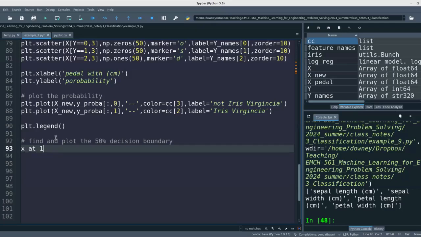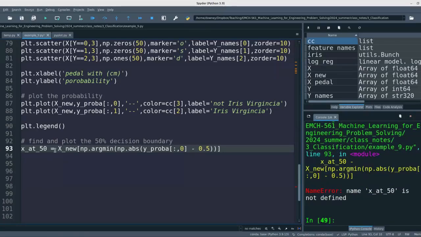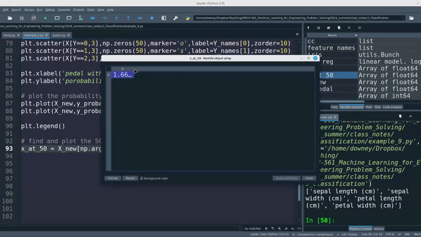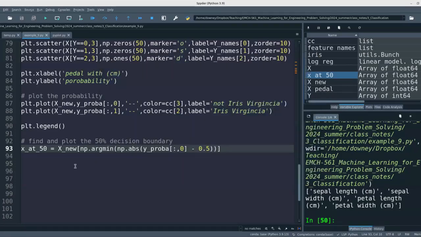So we're going to go x_at_50 is equal to x_new[np.argmin(np.abs(y_proba